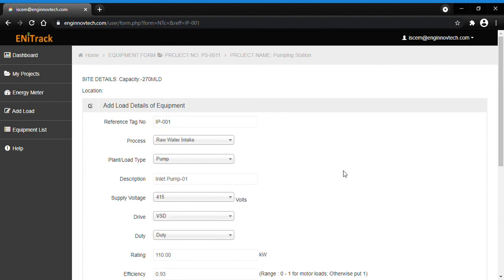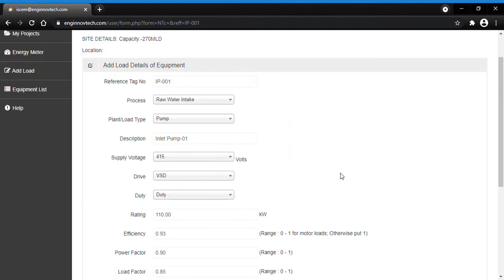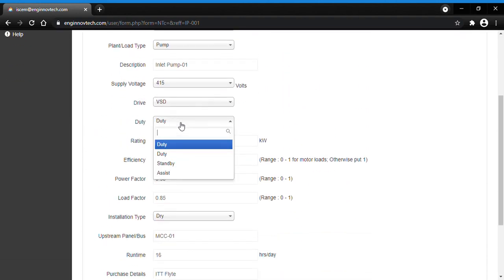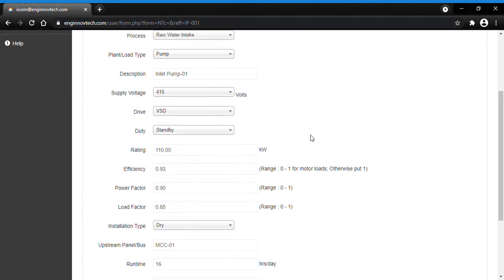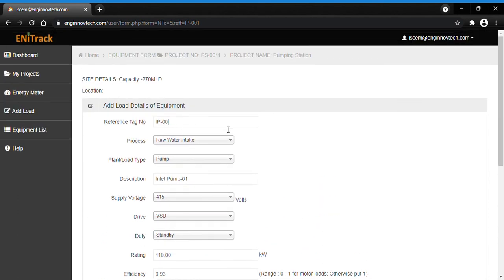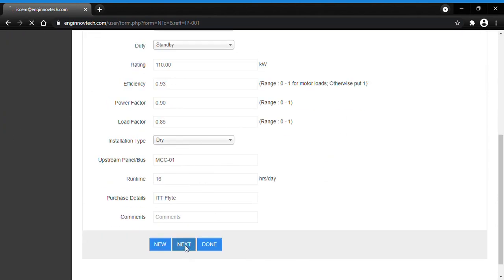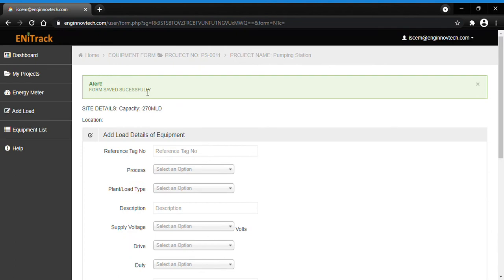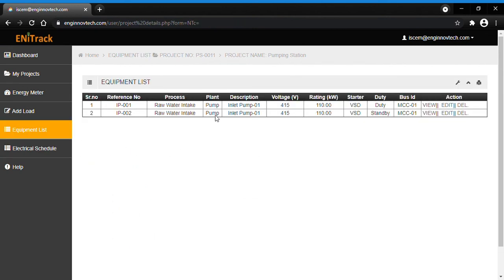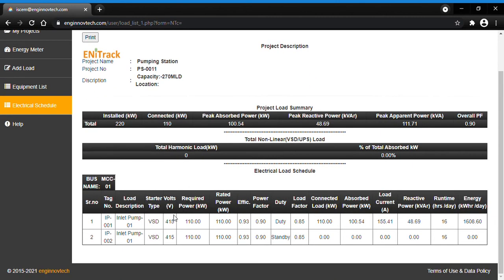So it will retrieve all the data, and then you can just make it standby and put it 002. Don't click anywhere else and click next. It will save the next pump details for you. Let us go to equipment list, and it will show you both the pumps have been listed down here. If you go to electrical load schedule, then it will show you bus-wise segregation of all the loads, like